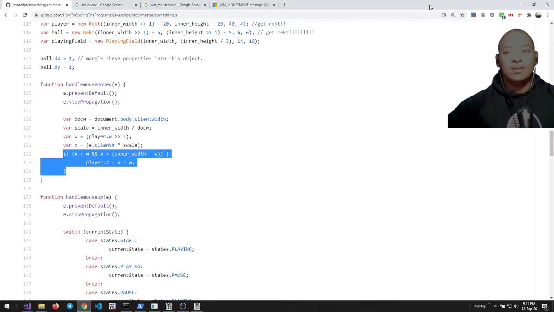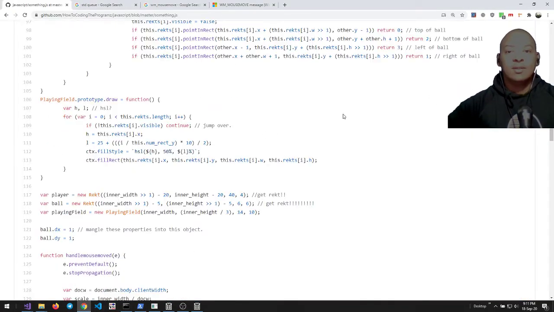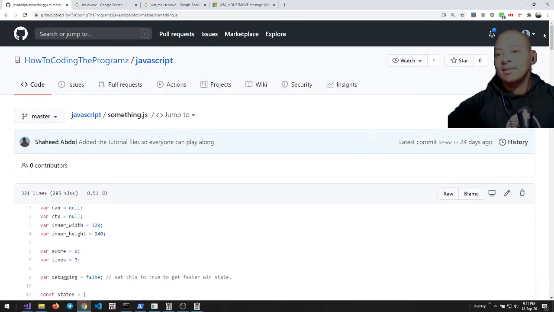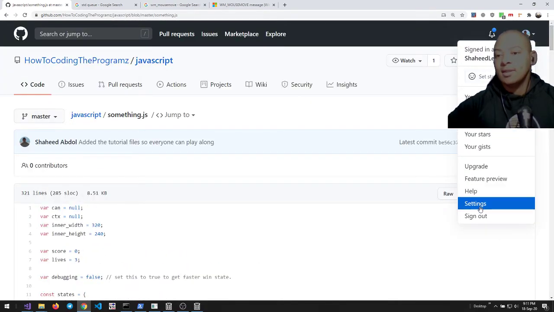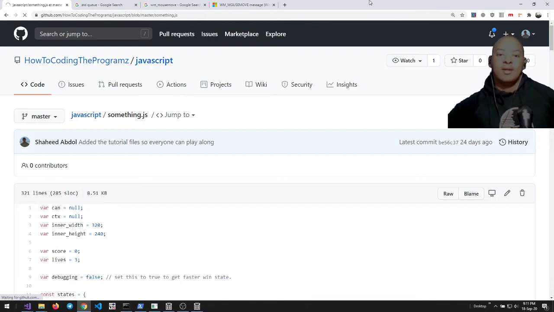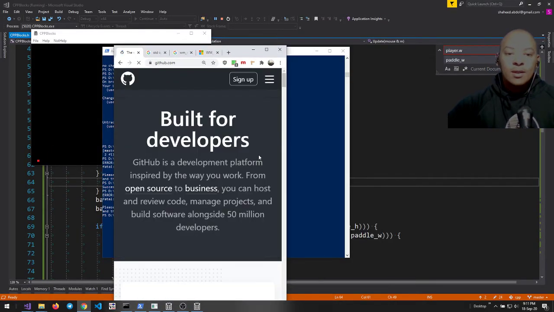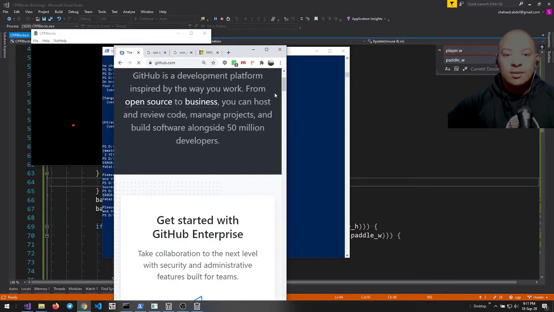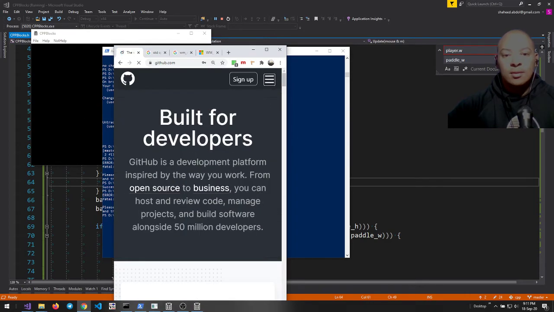So I think the easy way is if I just go here. Where am I signed in as here? That guy. I want to sign in as some other guy, right? Git is login. Okay, so